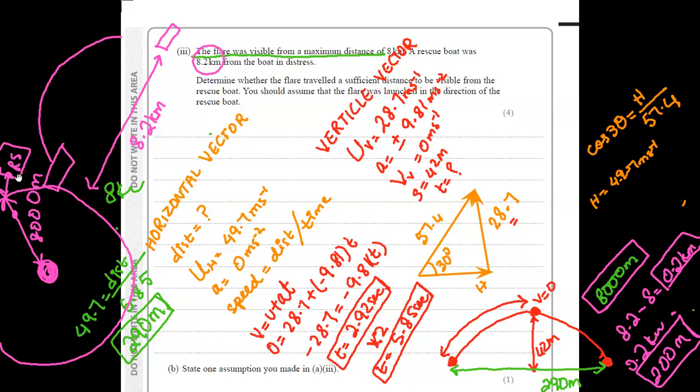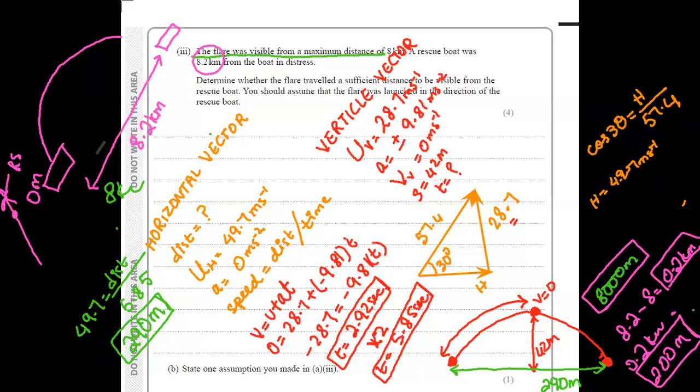Okay, no, they're talking about the horizontal distance, that is flat distance. We are dealing with a projectile object that is going up in the air and then it is coming down, right? So that is exactly the scenario. That boat is 8.2 kilometers away. The flare is visible from a maximum distance of 8 kilometers, meaning, okay,